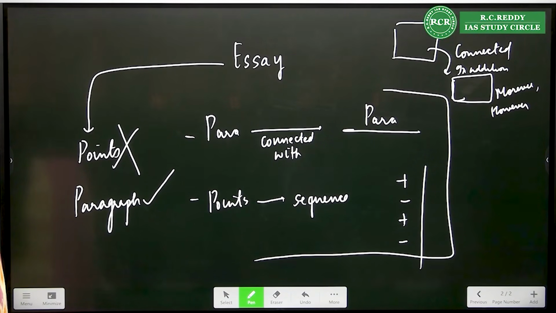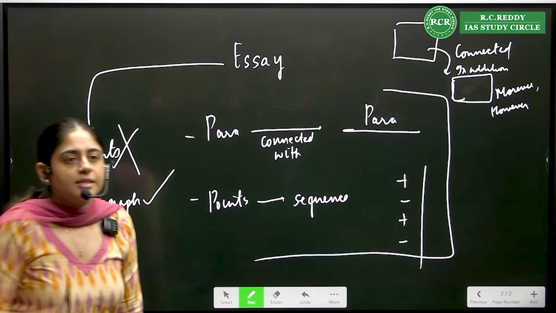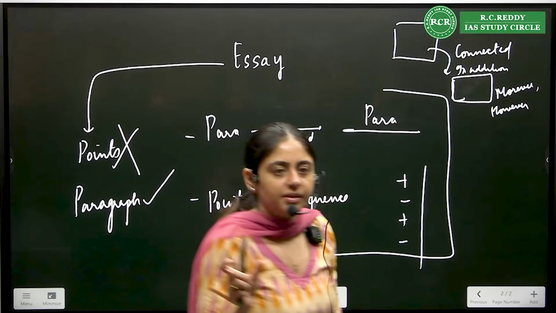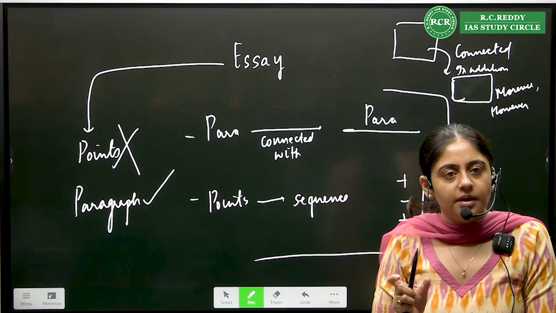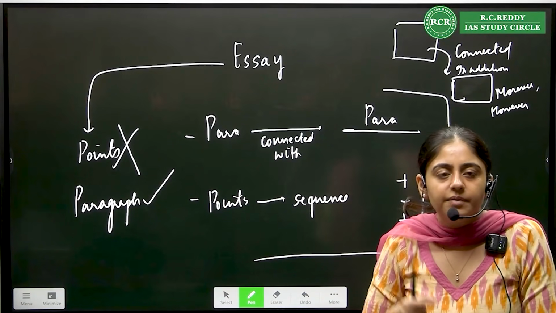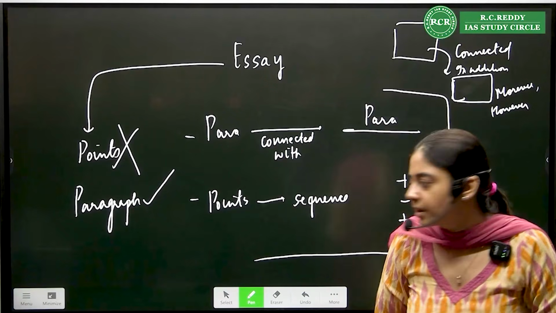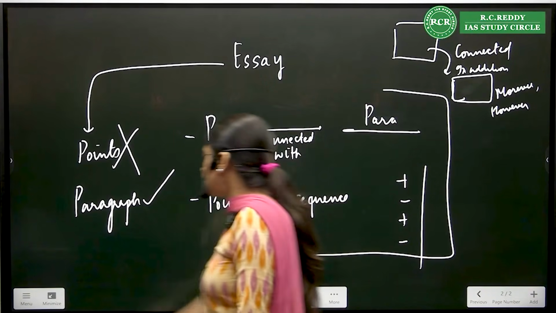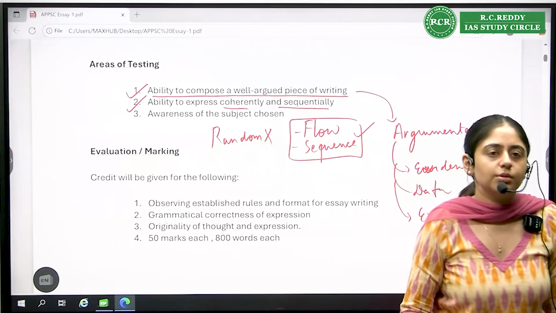So these will be the connecting words or transitional words which will maintain coherence. Coherence means systemic consistency type of thing, connectivity kind of things, logical things which are connected with each other. That is a very important need for a good essay, right? Okay. Now, next point which APPSC talks about is awareness of the subject chosen, goes without saying.